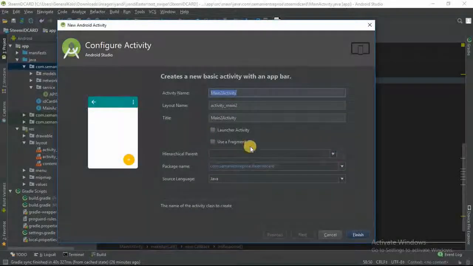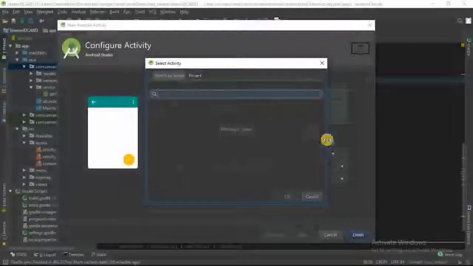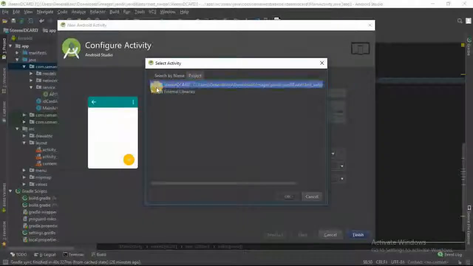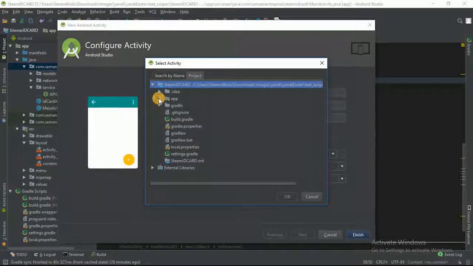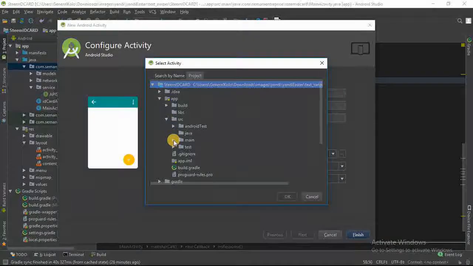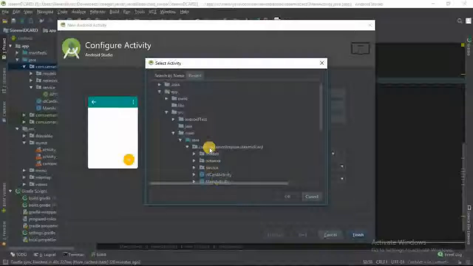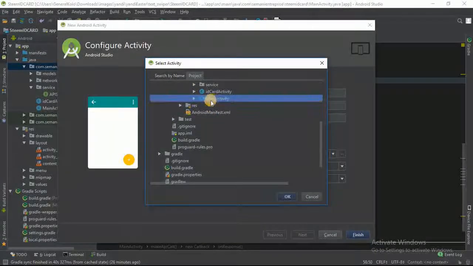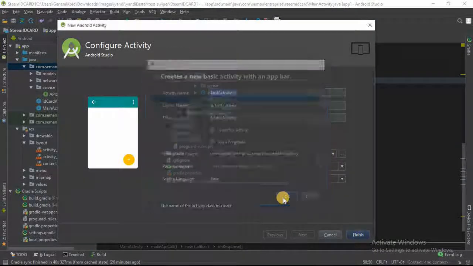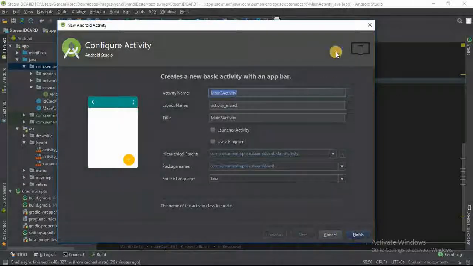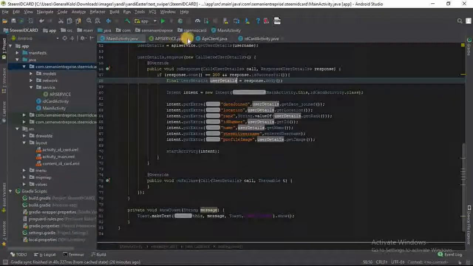Now the hierarchical parent is needed so that we can have this up button. Okay, it's called the up button, not the back button. So you click these three dots, come to project, come to your app folder, src, which stands for source, main, Java, and then you select your launcher activity, which should be main activity, and then you click on finish. Now when you click on finish, you will have an activity